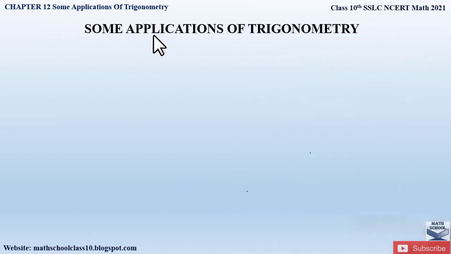Chapter 12, Some Applications of Trigonometry. So this is the new chapter which we are going to start today. In this chapter, we will be studying some ways in which trigonometry is used in our daily life. One example is that trigonometry is used by astronomers, for instance, to calculate the distances from the Earth to planets and stars. The knowledge of trigonometry is used to construct maps to determine the position of an island in relation to the longitudes and the latitudes.